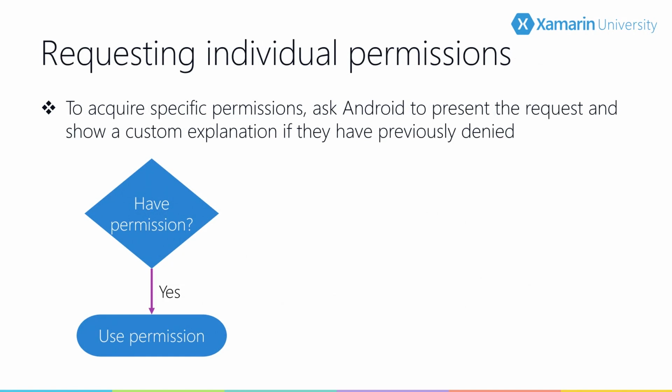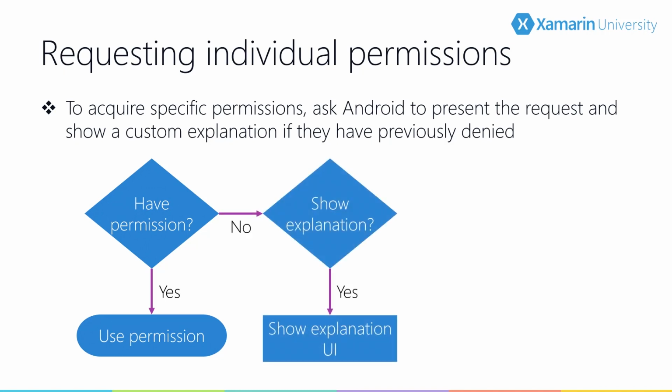As a developer, this new permissions process means we have to navigate a few possible situations. If we've already been given permission previously, we can simply use it. Because the user could revoke our permission manually, we need to keep this check in place for any method requiring a dangerous permission. If we don't have permission, we check if Android thinks we should show some sort of explanation